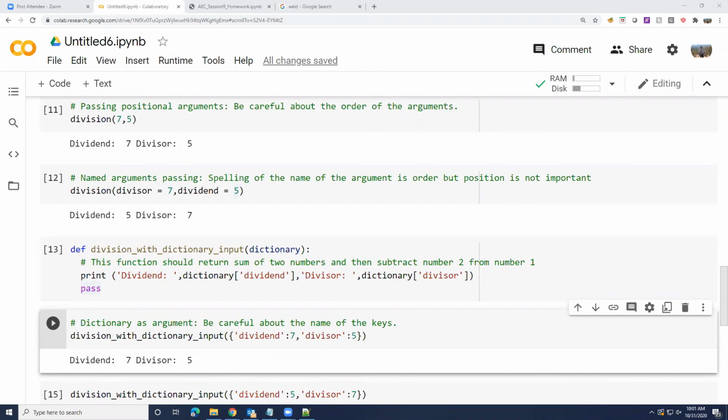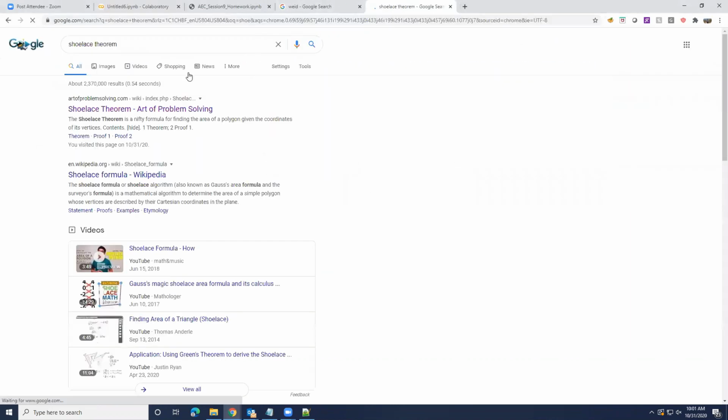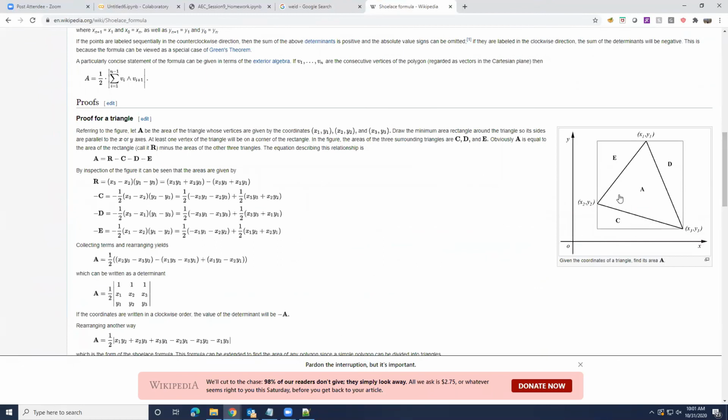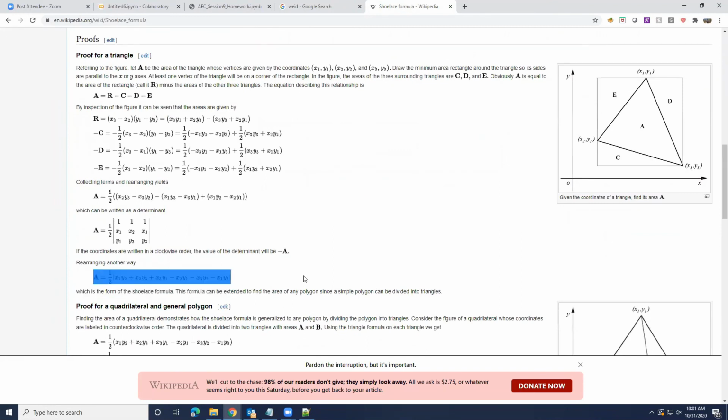How many of you know Pick's formula or Shoelace theorem? Right, so you can use more things basically. There are multiple ways. So let's see, Shoelace theorem. That's more interesting than Pick's formula. But okay, let's see if this Wikipedia article has an interesting diagram. So if I have a triangle like this, if I know the vertices of the triangle or any polygon, then we can calculate the area of the triangle like this without actually calculating the distance between the points